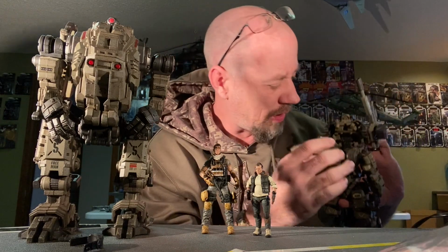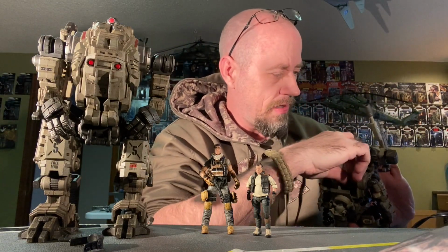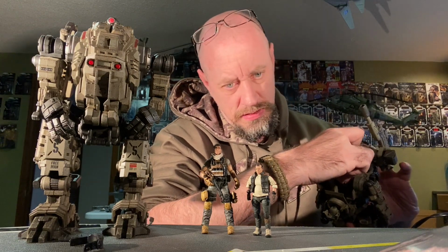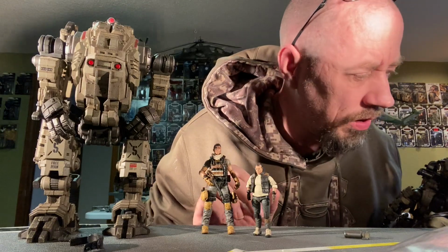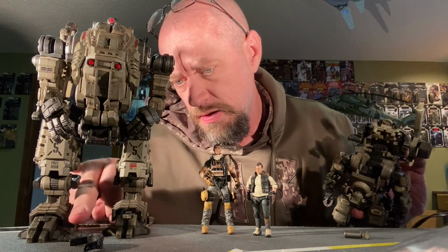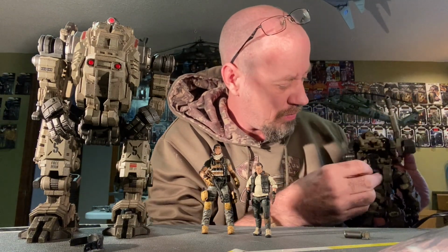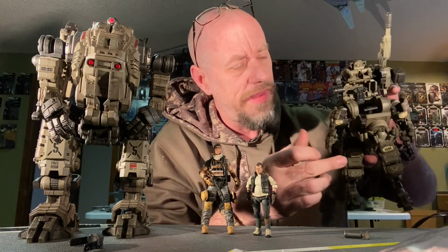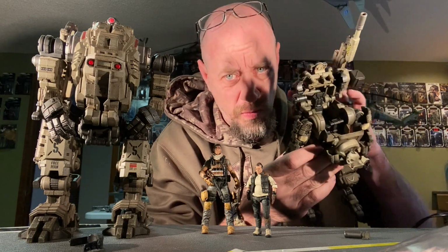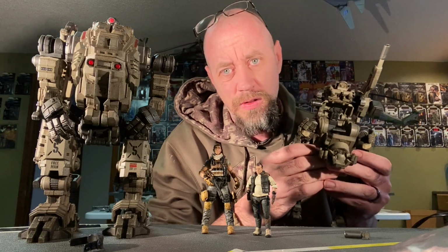There's the cockpit. There's something rattling around in there. I don't know what that is. No, it's the handle for the weapon. So I am also missing the controls for it. I don't know why those were off, but they were. Anyway, so if I really wanted to get creative, I could make a 1/18th scale,